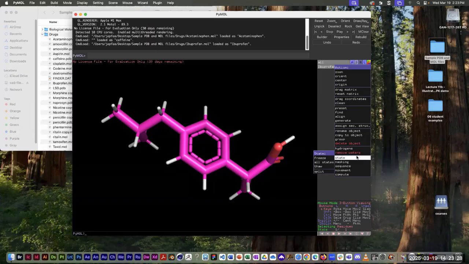So if you open, it's not going to happen with this. This is a simple small molecule, this caffeine molecule. You're never going to have water come in with something like this. But if you open a protein or nucleic acid, and you notice a lot of random little red dots floating around, those are probably the oxygens that are parts of the water molecule. So you simply select this thing here that says remove waters, and it just gets rid of any water molecules